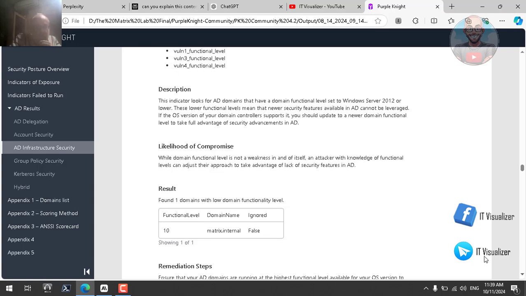But before that, here it has already said that I have failed this test. Why? Because I am using Windows Server 2025 Preview Edition. This is not recognized by the Purple Knight tool as a working operating system. It is still in the preview phase, so it recognized it as an older version of the operating system from Microsoft, especially under 2012 R2. So now it is saying that I have failed,